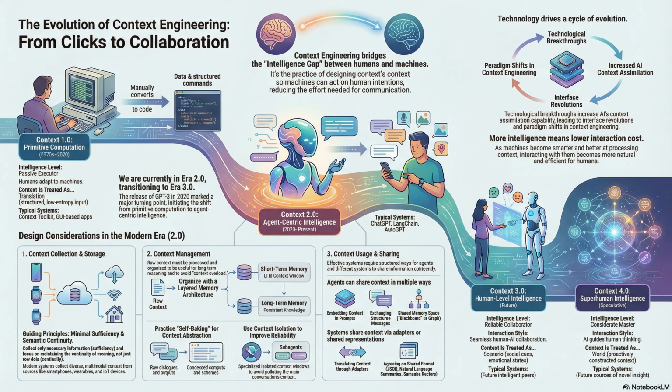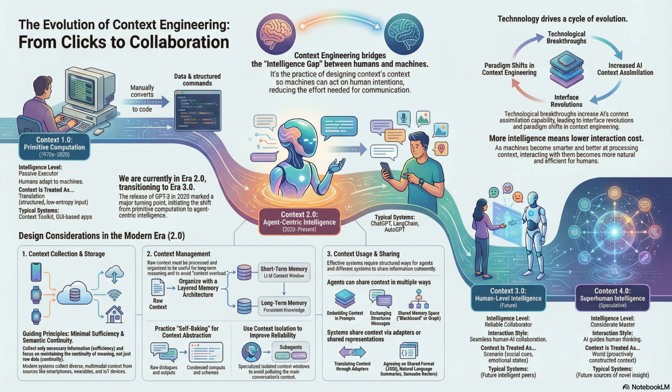Which is amazing, but this leads me to the part of the paper that felt really gritty and honestly made me worry about my hardware. We're calling this the guts of Era 2.0 because my question is, if we are dumping all this raw data in, how do these agents not just crash or get totally confused? And that is the central engineering challenge right now. You can't just feed an infinite stream of consciousness into a model. The context window is finite, and it's expensive to process.